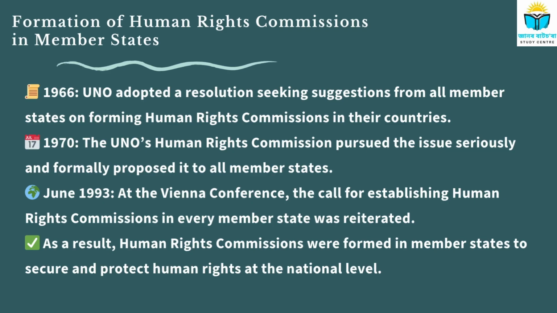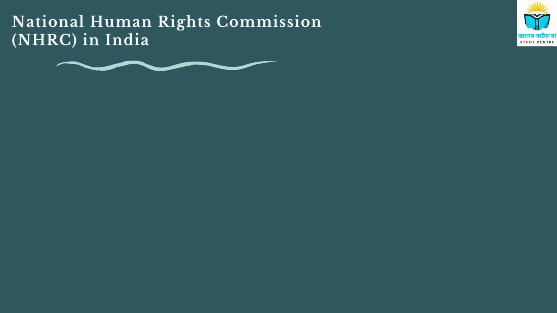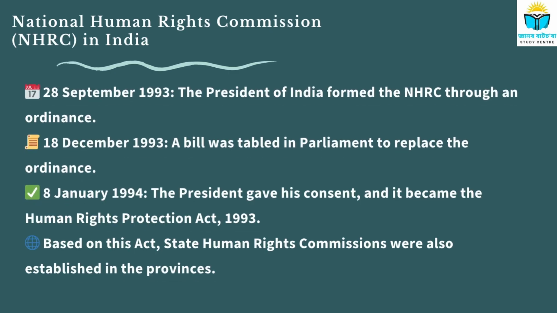As a result, many countries, including India, set up National Human Rights Commissions to protect and promote human rights within their own borders. On 28 September 1993, the President of India established the National Human Rights Commission, in short NHRC, through an ordinance. Then on 18 December 1993, a bill was introduced in the Indian Parliament to replace that ordinance. Finally, on 8 January 1994, the President gave his approval and it officially became the Human Rights Protection Act 1993. Based on this act, State Human Rights Commissions were also set up in different states to protect human rights at